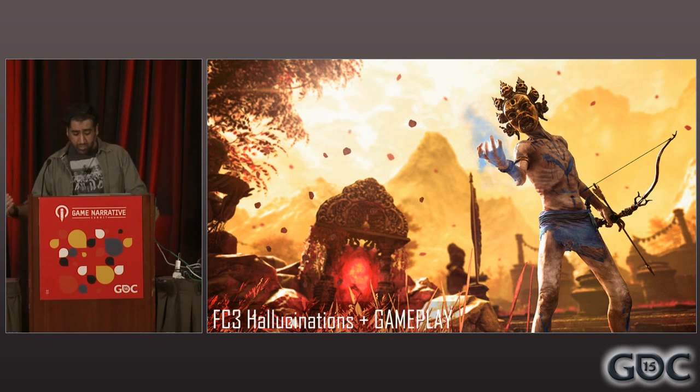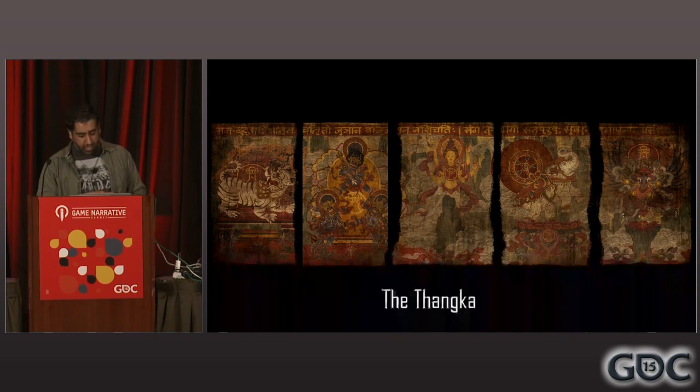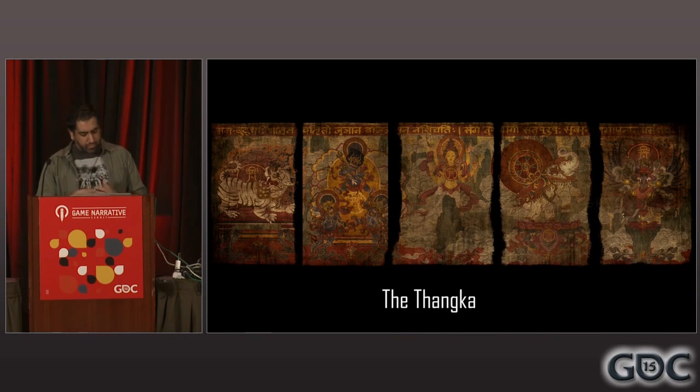So this was an ancient world. There'd be no guns, there'd be no bombs, just a knife and a bow and arrow with mystical upgrades. Now, when I began on the project, all we really knew for certain was the gateway to Shangri-La, and that was called the Tanka. Kyrat was loosely based on Nepal and Tibet, and there you'd find these ancient, beautifully painted tapestries telling the stories of gods. You can think ancient kind of graphic novels that were meant to be meditated upon